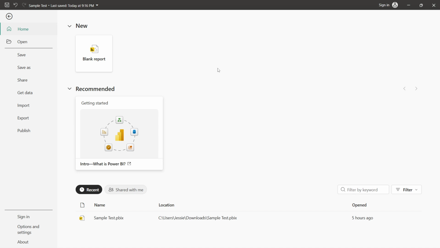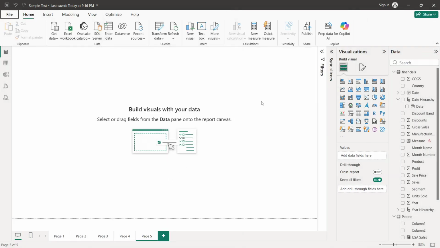Start by opening Microsoft Power BI. Give it a moment to load the interface. Next, open your report file so you're working with the dataset you want to visualize. If your model already includes a field with country names or codes, you're in great shape. If not, make a note to add that later, because the map relies on a clear geographic field to place